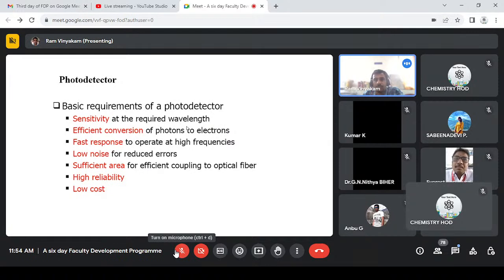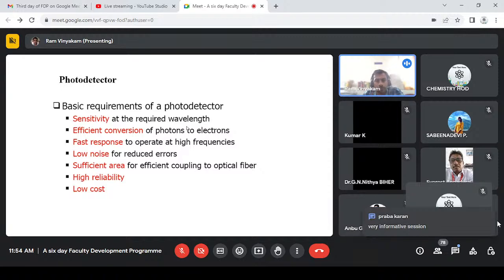Then efficient conversion, meaning the photons have to be absorbed and efficiently converted to electrons, and how fast the response is. Then there is the background: if there are more defects, they will also contribute to electron movement in the device, creating noise during the measurement. If it is low-intensity light and the noise is high, our detector won't work. So low-noise detectors have to be used, and then the area of the device,